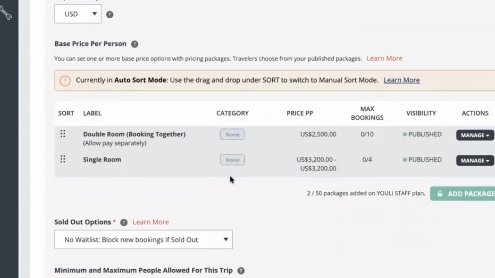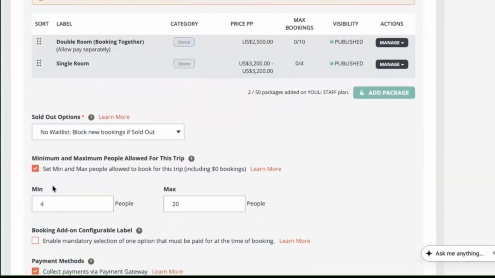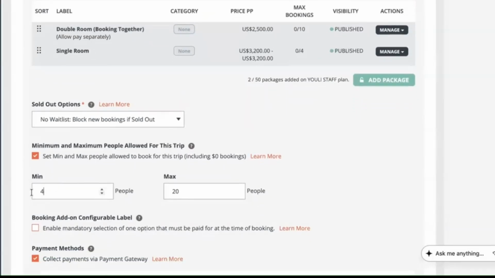So then the next piece to make sure that you don't end up overbooked on that is you need this layer of the min and max people allowed for the trip. So setting the min is really just an admin thing for the back end, so you can see when you've crossed over in your dashboard and your trip summary. So this doesn't affect the booking experience for your travelers. So then it's the max that really matters for the scenario we're talking about. And this will make sure that you never book more than 20 people onto this trip